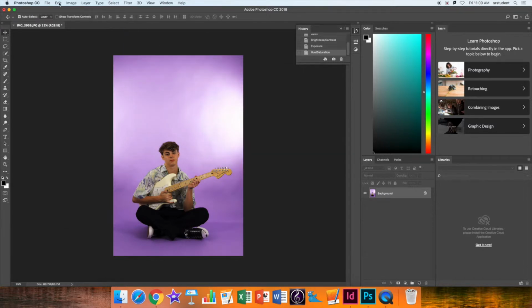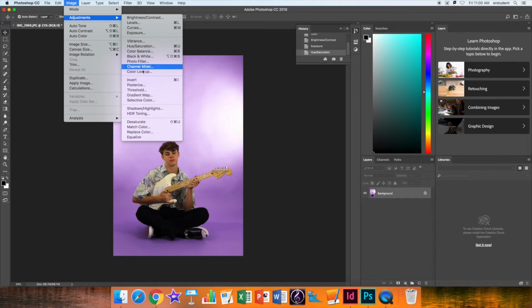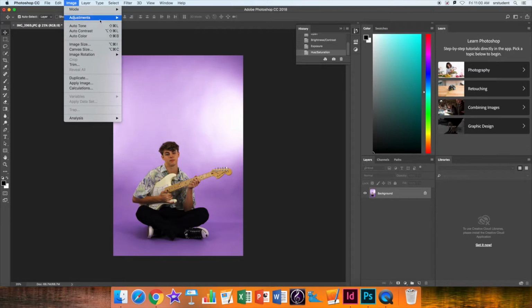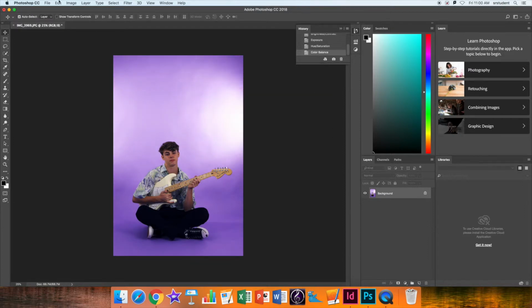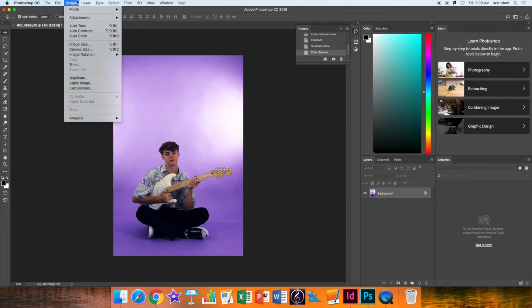Okay, and then I'll look at the color balance as well. So sometimes I prefer the images to be a bit more blue, so I'll just move it more to the cyan. And then here as well, and that way. Okay, and then